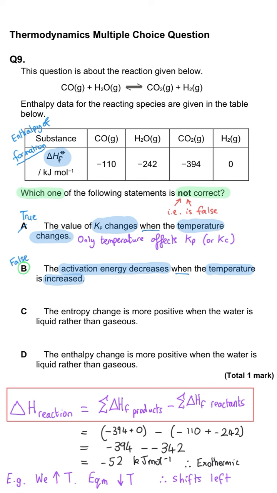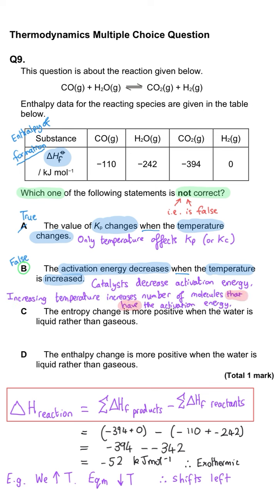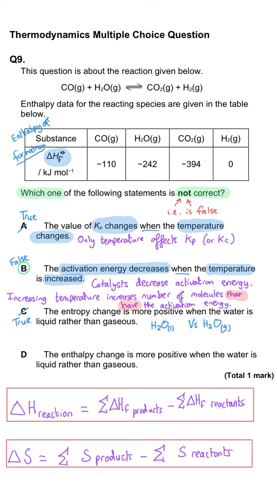The only thing you need to know that affects the activation energy is the presence or the absence of a catalyst. So changing the temperature increases the energy of the molecules, but not the actual activation energy, that minimum energy needed to start the reaction. In C, this is a true statement, because if you change the water into a liquid